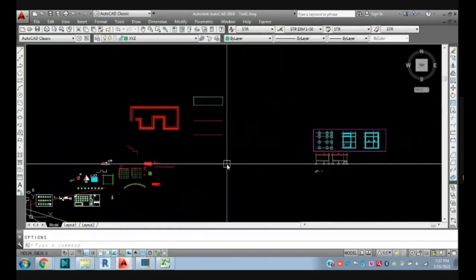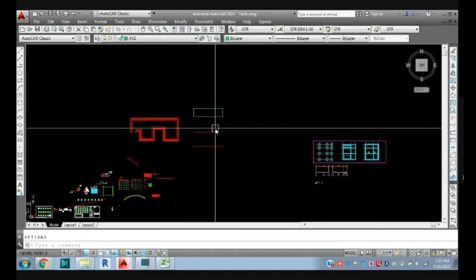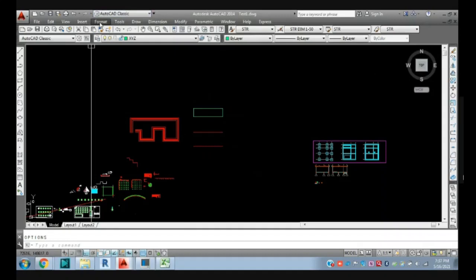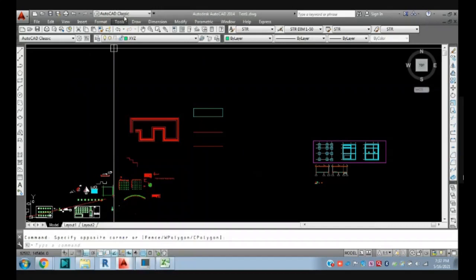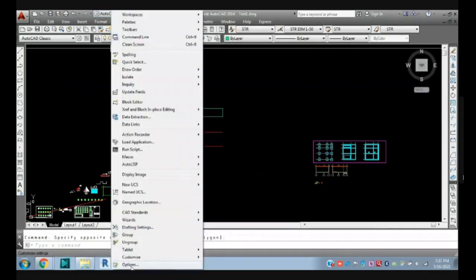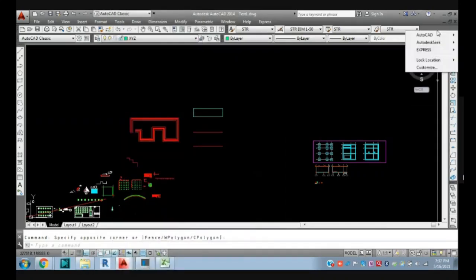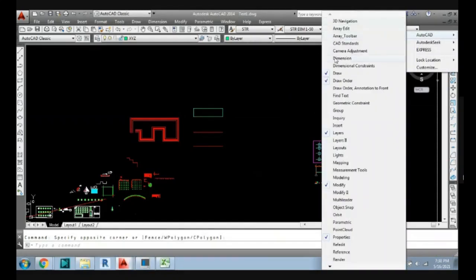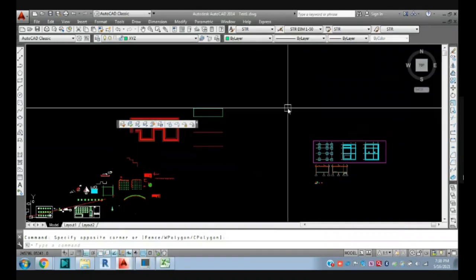Then what remains here? Okay, the toolbar we saw. If you go to Tools, you can see the Options command, the Options tab here. If you want to add some toolbars, just go here, right-click, and add AutoCAD, and you can add the toolbar here. Suppose you want some layer tools, you can see the layers here, layer match.